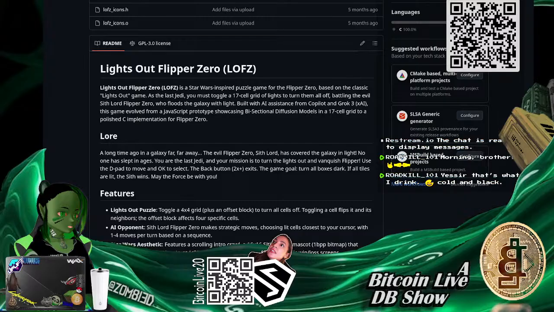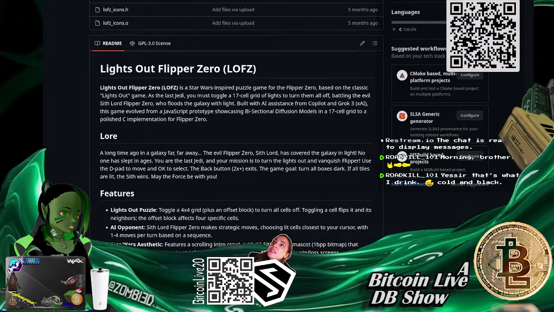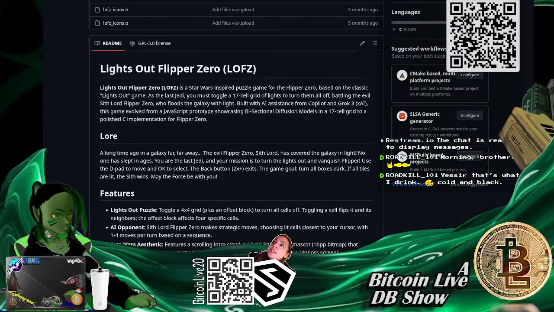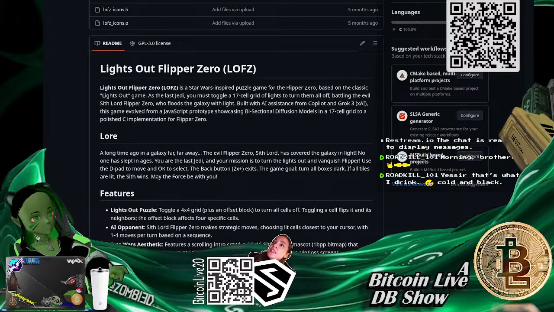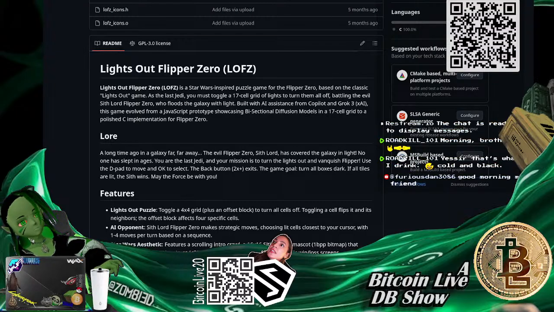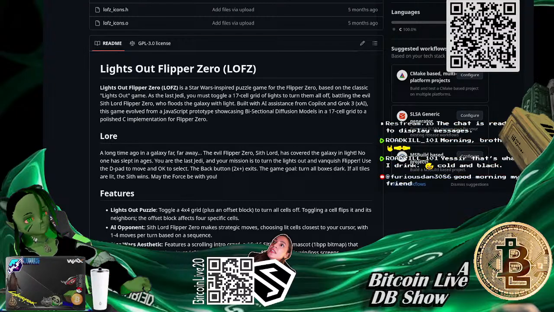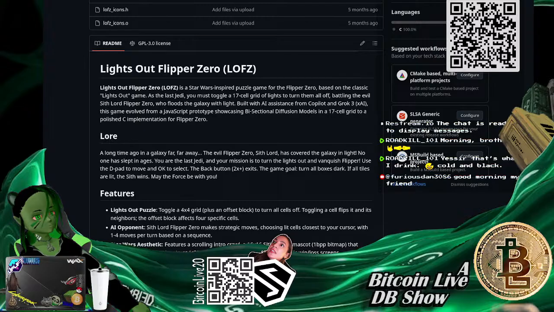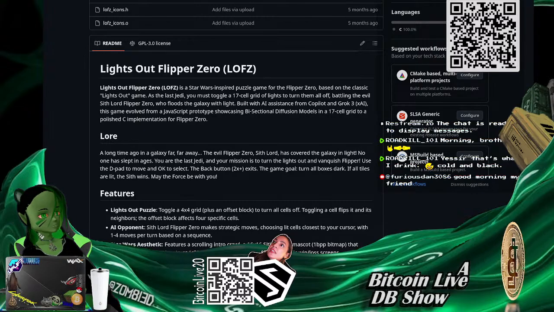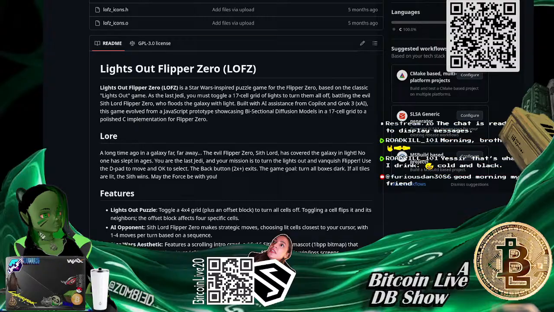This wasn't 100% vibe coded. I actually wrote a program called BSDM, or Bisectional Diffusion Model, in JavaScript, which changes the hues of boxes in a grid similar to Lights Out, but it would show you how color affected surrounding objects when no one color was at full intensity or full opacity. Basically, how ray tracing in video games works with color.